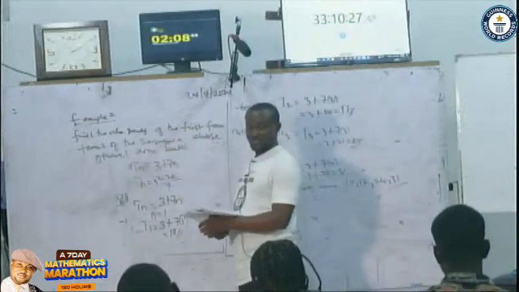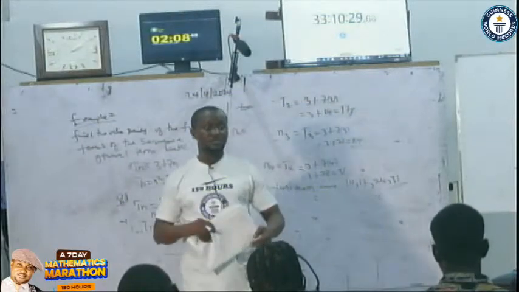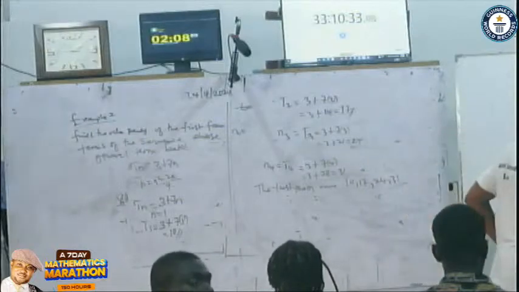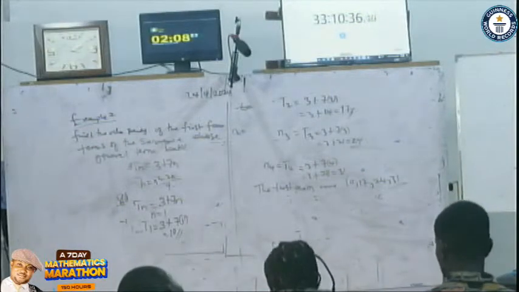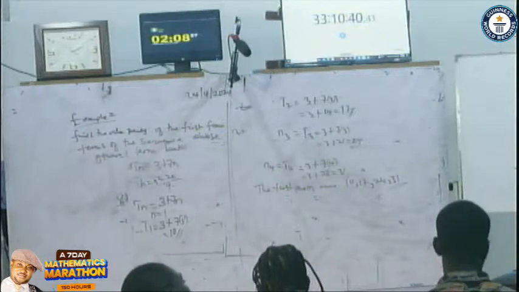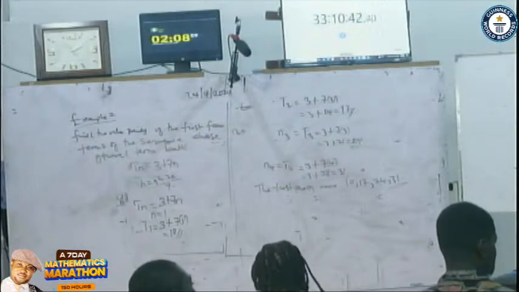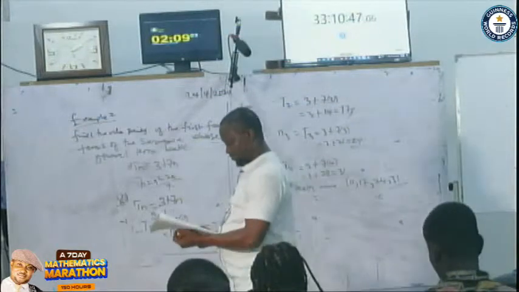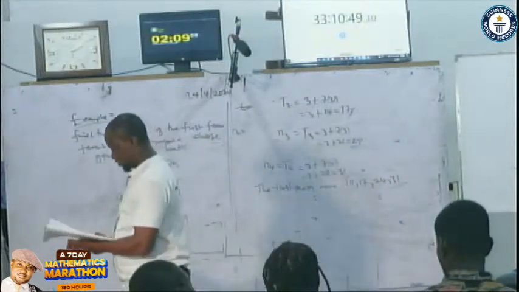So let's talk about series. Let's try to see how we can understand the context of series, which is addition of terms of a sequence. For example, if you have the first 3 terms of a sequence,